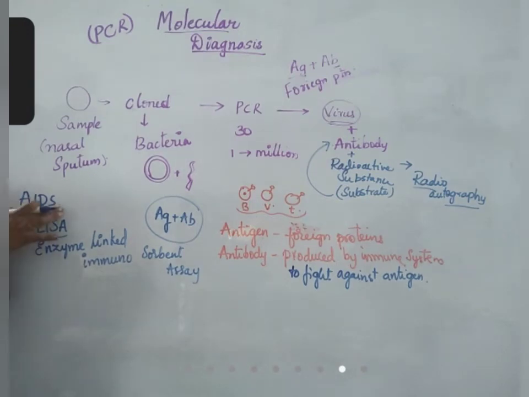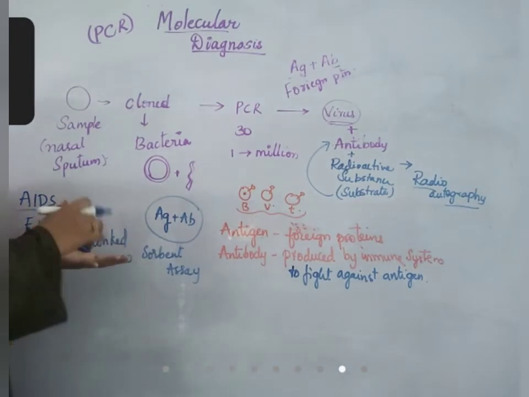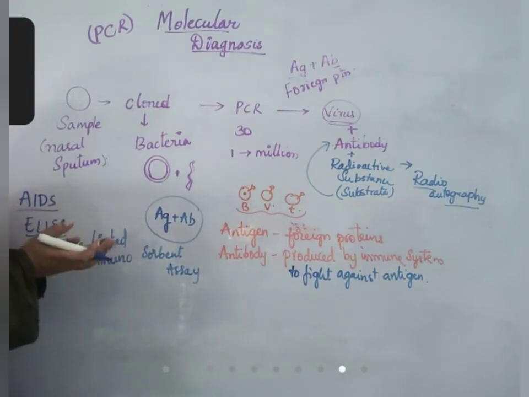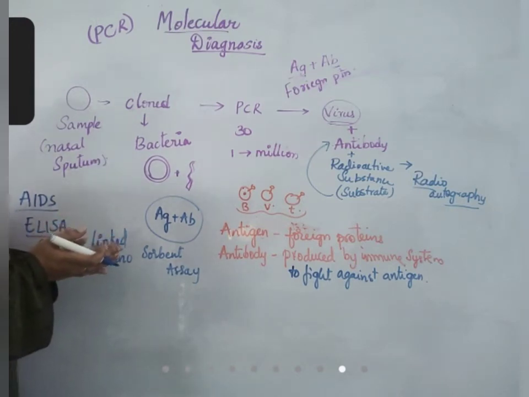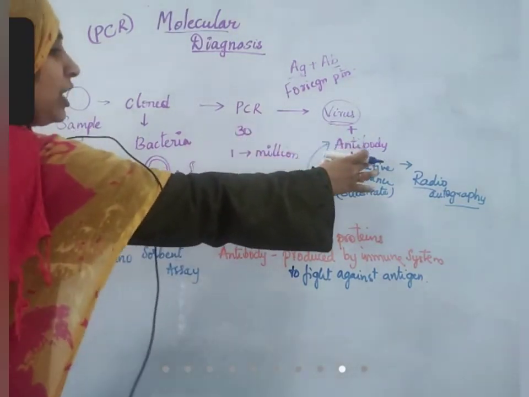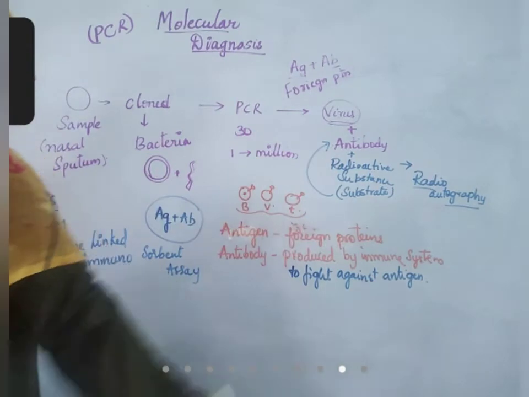Same like that. AIDS is also a virus. The virus is added to the sample, meaning by doing the PCR technique, it is increased and added to the sample. I'll tell you the steps of PCR also. The virus number is increased before adding to samples. After the virus is taken, the antibody against it is added and a radioactive substance is attached to it.